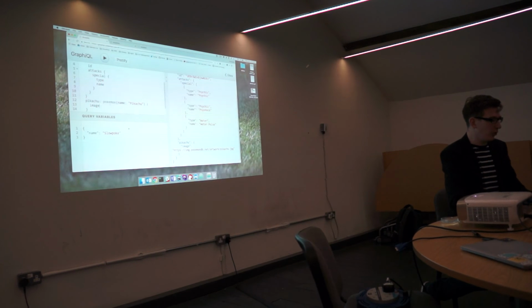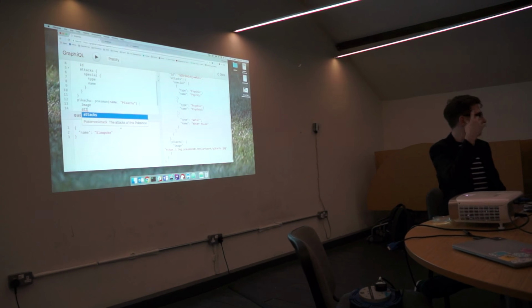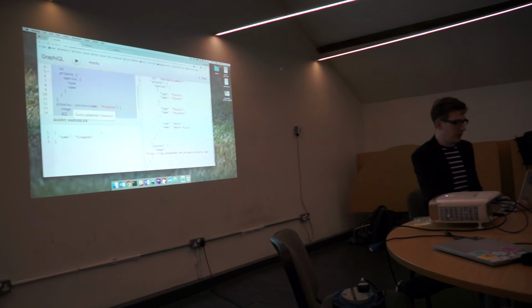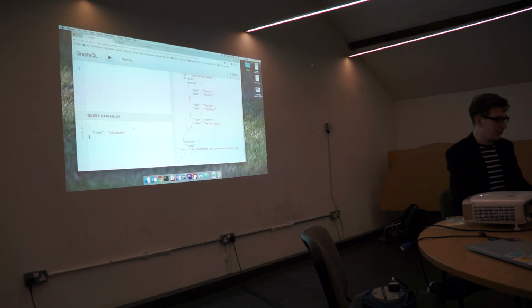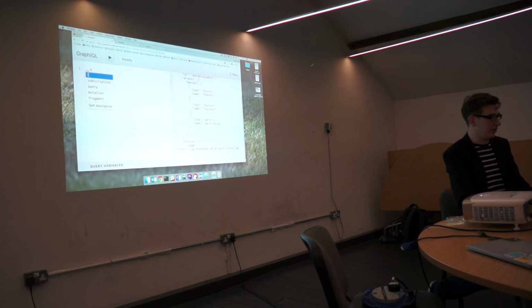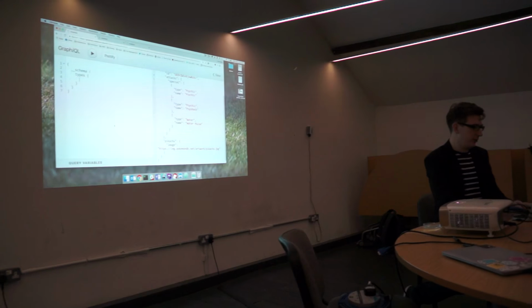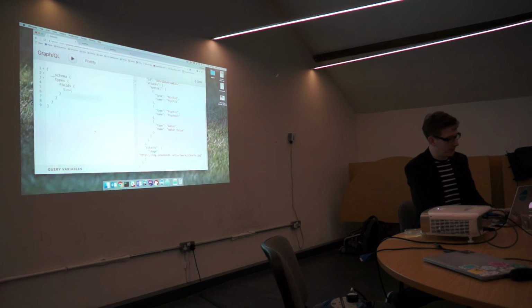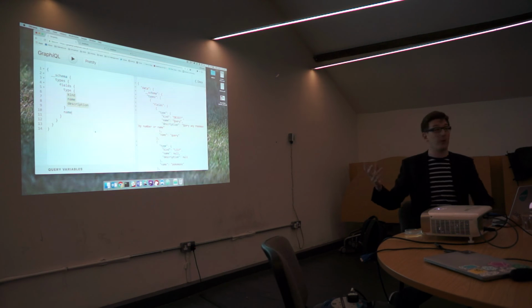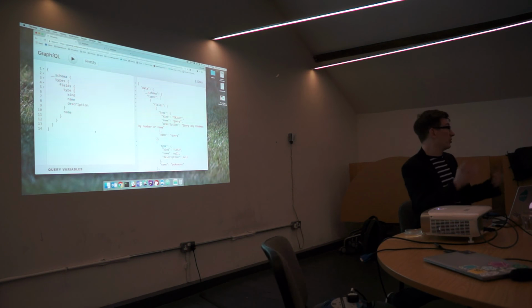You might notice there's a lot of auto completion on here, so if I do this, you get a lot of schema information. The way that works is that, as well as being able to query your data, you can also query GraphQL about itself. So every API has these sort of meta endpoints. So I can say, okay, tell me about yourself, what types are there, what fields are on those types, what type are those fields, and I can get that information about the API from itself. So it's self-queryable, it's self-describing, which powers some really cool features like the auto-completion there,